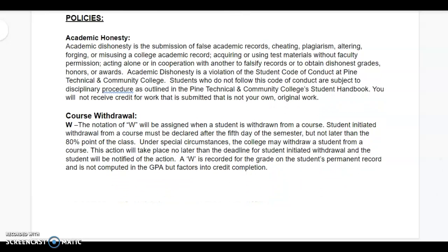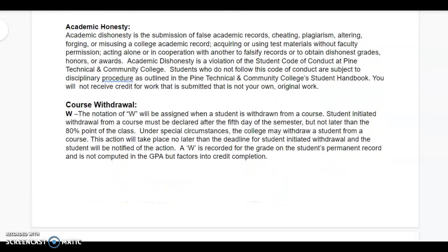Policies. I'm going to let you read these on your own, but academic honesty: do your own work. If you're study grouping, that's great, but do not be copying from other people, because then you don't do well and you're like, I didn't do well, to which I say, do your own work. There is a W for course withdrawal. So if you're like, oh my gosh, I can't handle this, you need to drop sooner rather than later. Otherwise, a W goes on your stuff for...